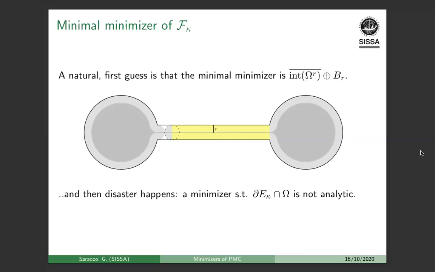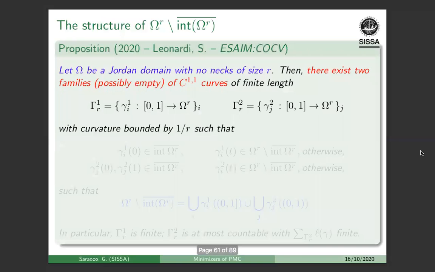Indeed, what we did was to characterize the set difference in a parallel set at distance R, set difference with the closure of its interior. And we showed that if you take a Jordan domain with non-X of size R, then this set difference is basically made of two families, possibly empty, of regular curves. And these curves essentially correspond to the two things we saw,